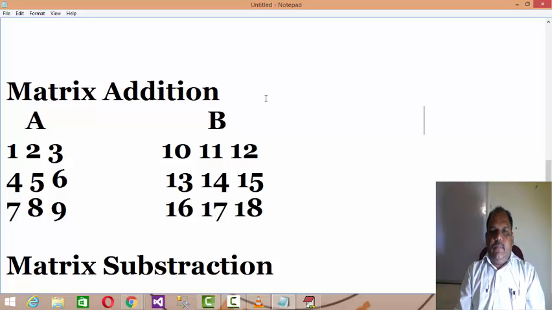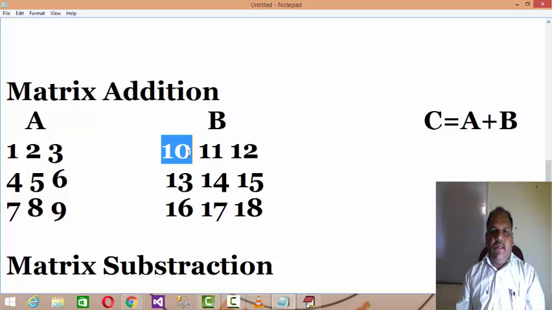You want to make a third matrix, that is C equals to A plus B. The corresponding elements in the first matrix plus the corresponding elements in the second matrix: the first element will be A of 0 0 plus B of 0 0 equal to C of 0 0, so it becomes 11, then 13, and 15, right?